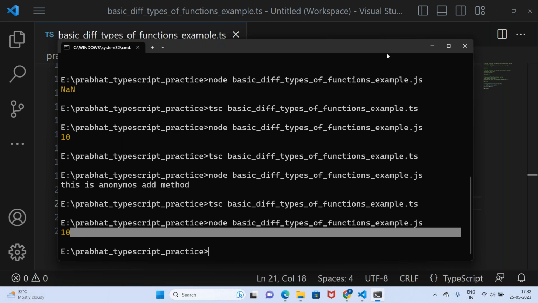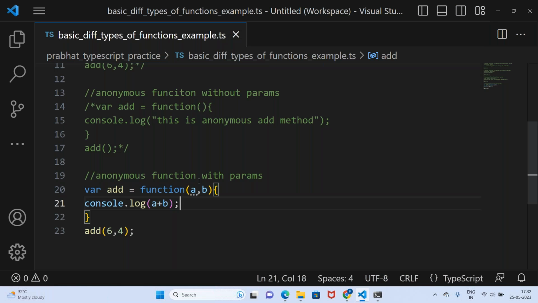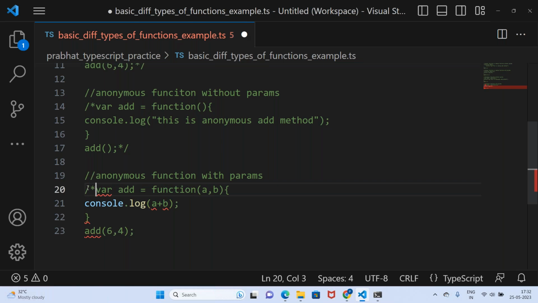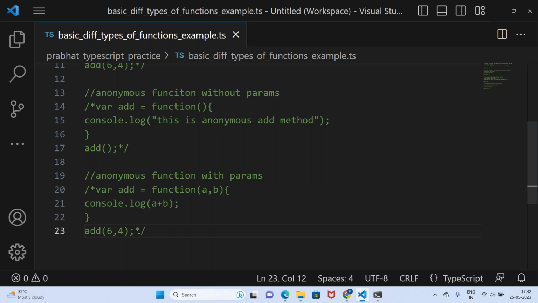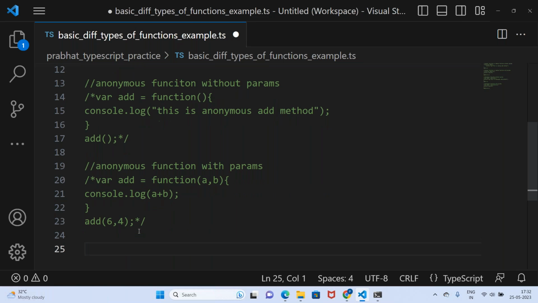That's it. This will work as an anonymous function with params. Is this clear, right? Shreyas, Venkat, Prabhat and Nazia, clear? Respond. Yes, sir, it's clear. This will work as an anonymous function with params. Then after that,